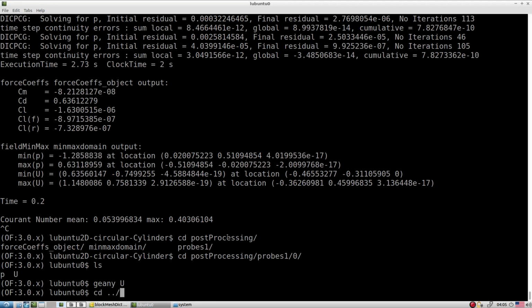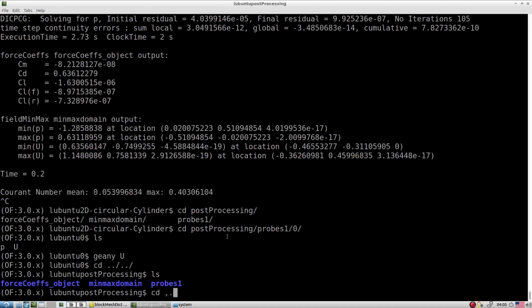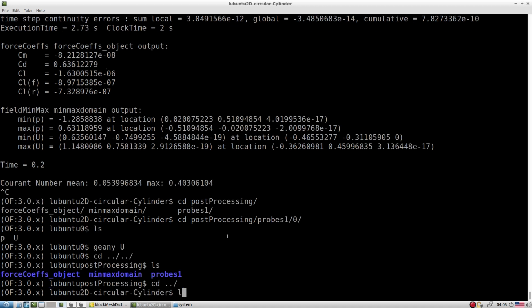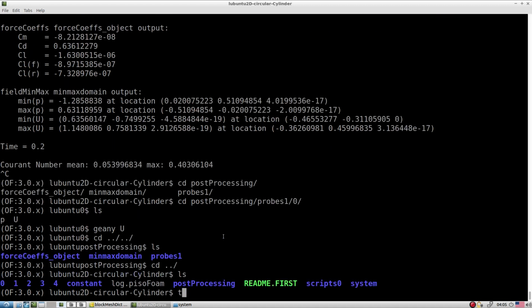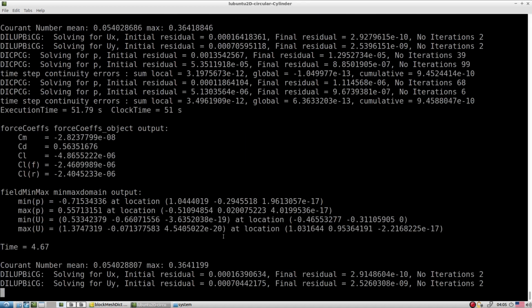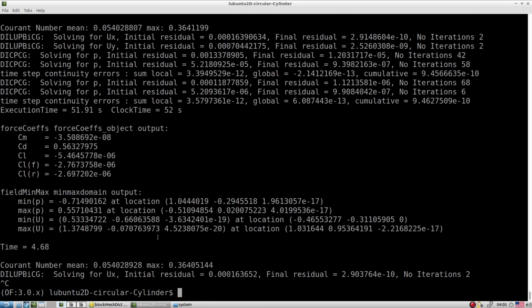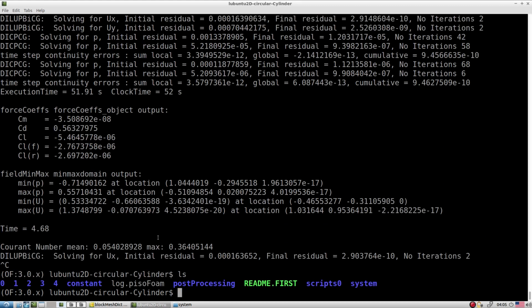I am at a different location. So tail -f log. Let's look at how the lift and drag are going on. With gnuplot, that script you already used, the same script file.